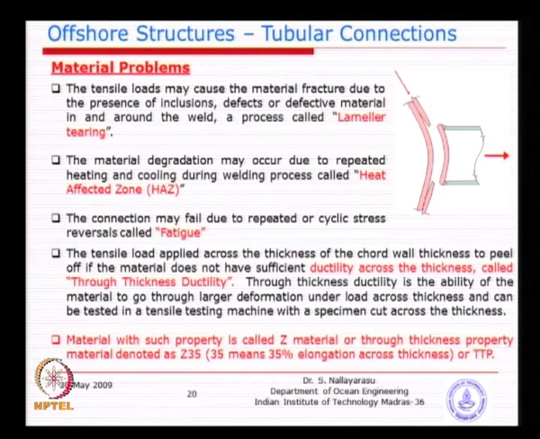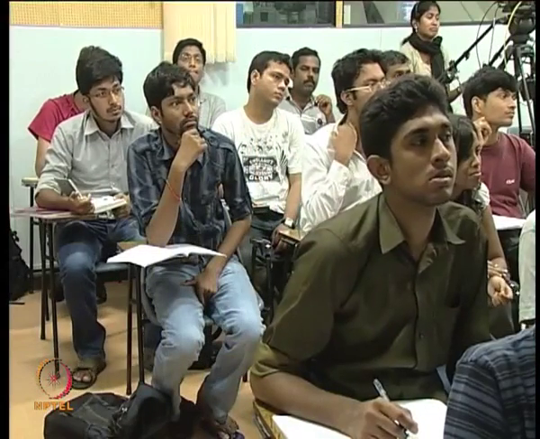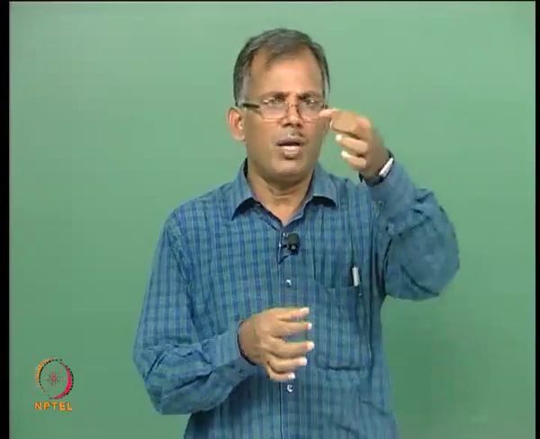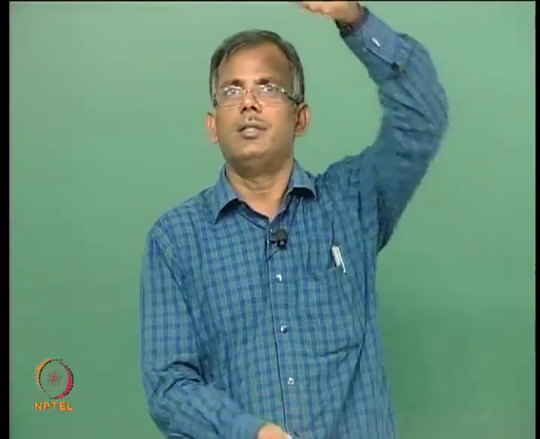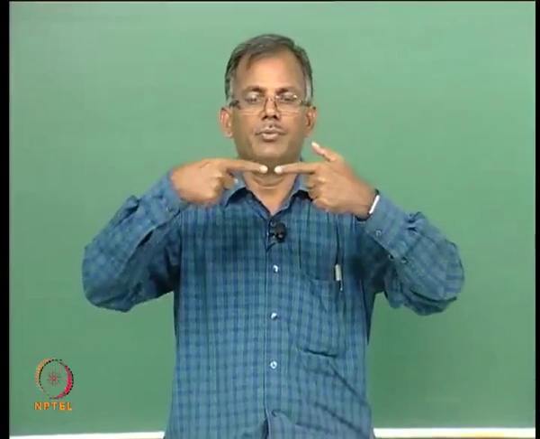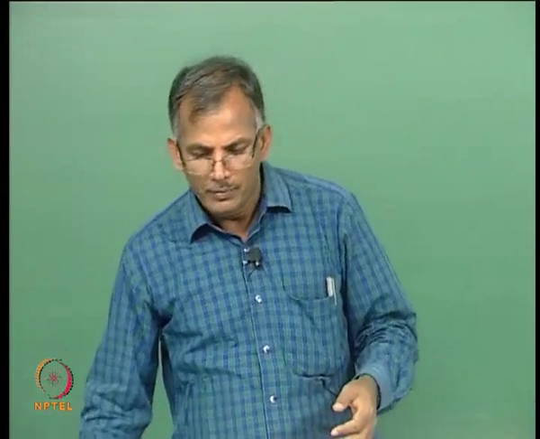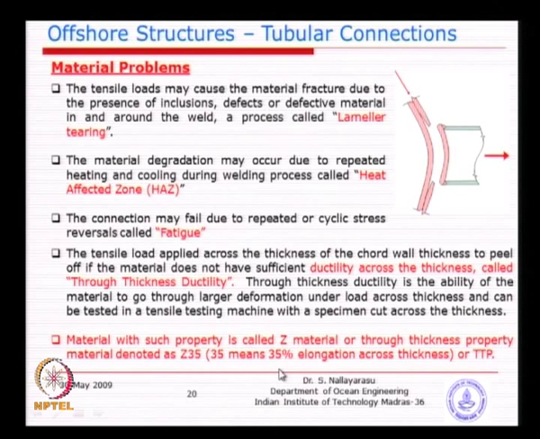Actually, most of you might have seen a UTM machine, have you seen it or not? Okay. So, you might have seen the tensile testing specimen. It is a small rod with attachment pieces at the ends, and you just do a tensile test. So, you take the same tensile specimen and cut it into two halves. At the middle you insert a plate: for example, you cut one circular piece of 10 mm diameter from the plate, and basically in the tensile specimen you fit it in between and again pull it. So, you are pulling actually across the thickness, and when you pull it, before failure, if 35% elongation happens, for